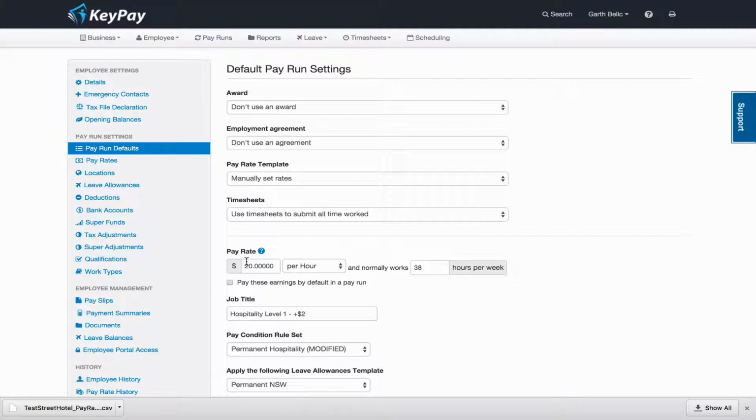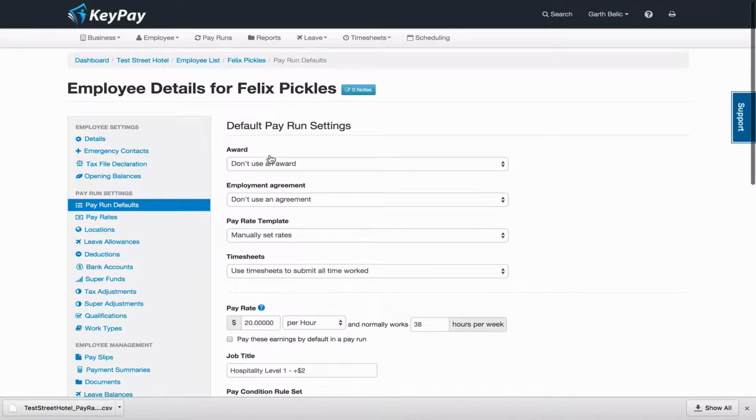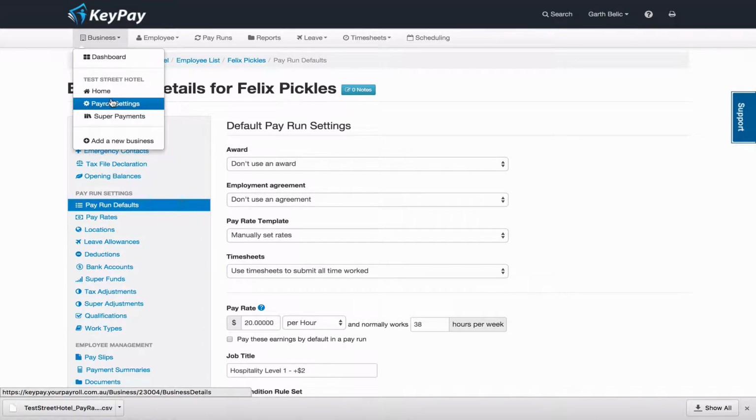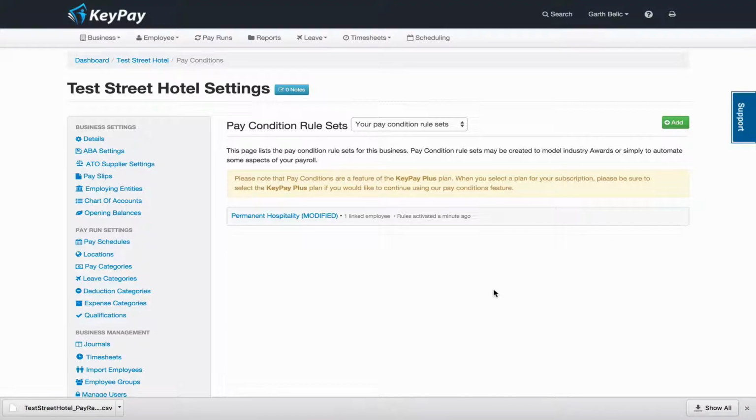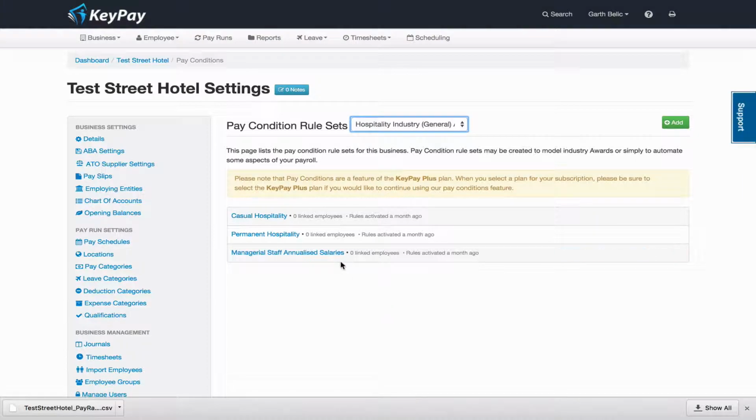So the last thing we're going to look at is how do we test this to make sure that the employee is getting more at least than what they would have got on a particular workday. Well, we do that by using the Rule Tester feature. If you go to Business and Settings, click on Rule Sets, you have the option to test these rules. So go to Permanent Hospitality, click Test Rules,